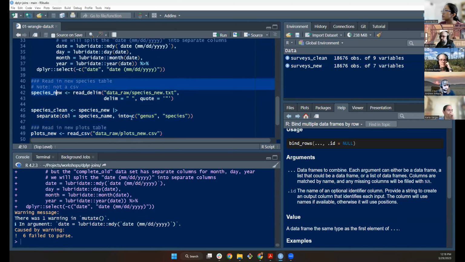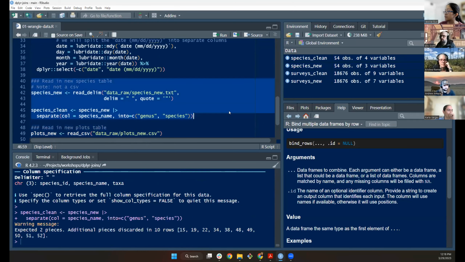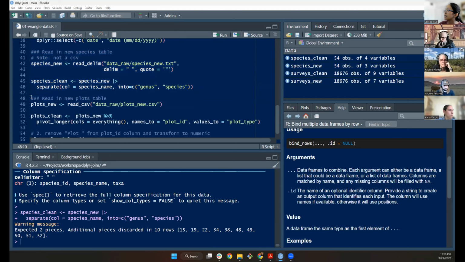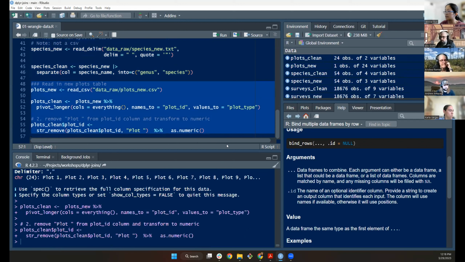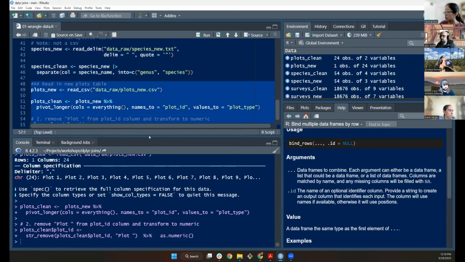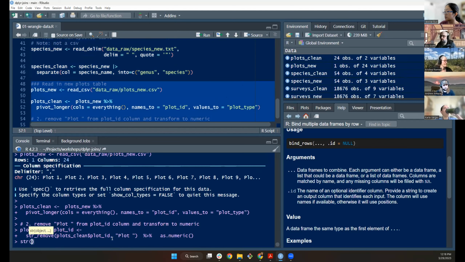I'm going to read this in. Oh yeah, the species one just had to separate. That was pretty straightforward. There were some additional pieces, but it should be okay. And then the plots new and the plots clean are in kind of 2 steps, 1 step for the pivoting, 1 step for the string conversion, numeric, string splitting and conversion stuff. So hopefully at this juncture, we can be comfortable with what we have. If we do surveys_clean,